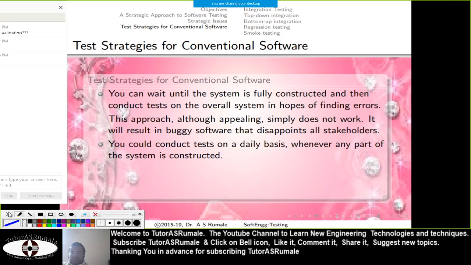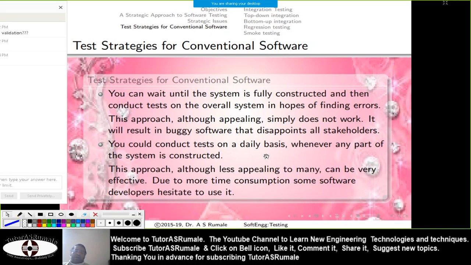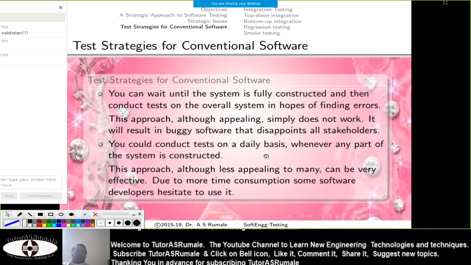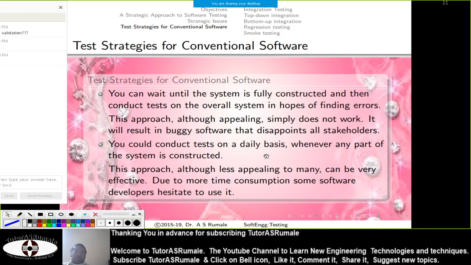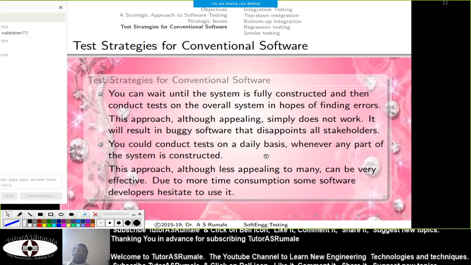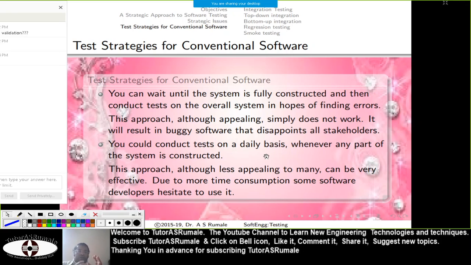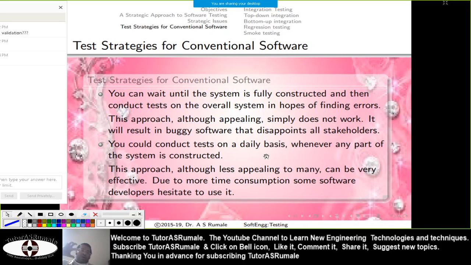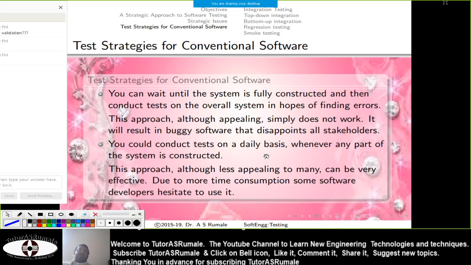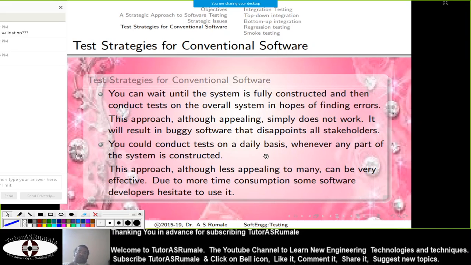Whenever a system designs any component, that is it. This approach, although less appealing to many, is actually effective, because when you test a part or component of the software for unit test, and then go on integrating that with the system and check for its integration, our testing is done.